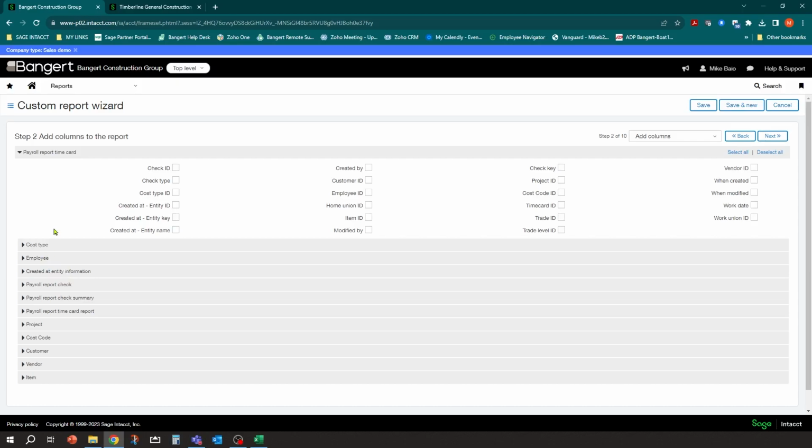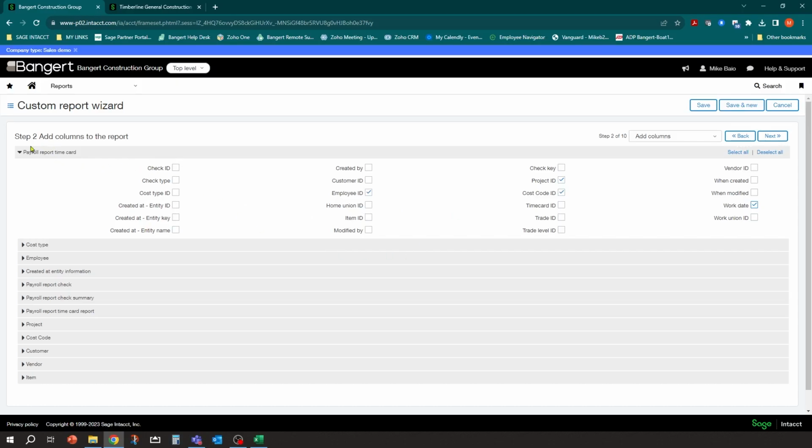So let's just say we want to do a typical time card recap, maybe summarize it by employee. So let's pick the ID. So at the top record here, what might I want to see? Well, maybe employee ID, project, cost code, and let's see here, work date is a good one. And now there's some other coding on here that I just don't see on this table.